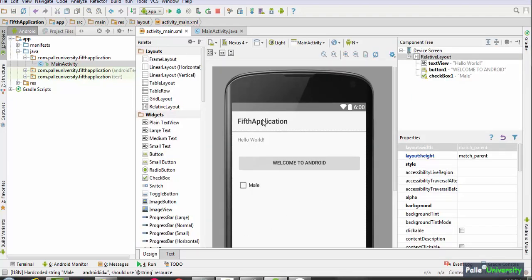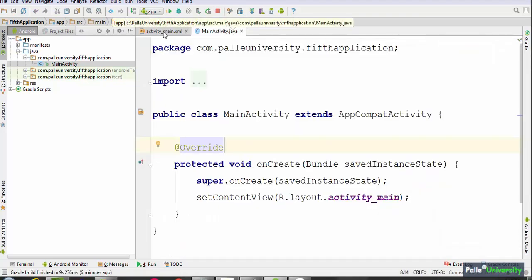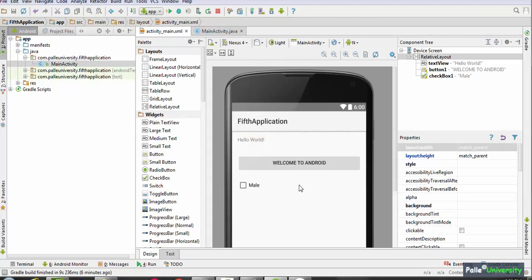Now coming to the design perspective of an activity, we know that conceptually every activity is divided into 2 parts: a coding part, which is done in Java, and a designing part, which is done in XML. But are you really writing XML code for designing the screen? No, we are simply dragging and dropping.